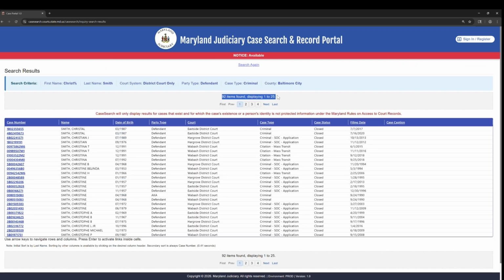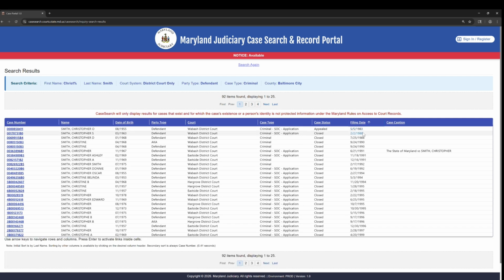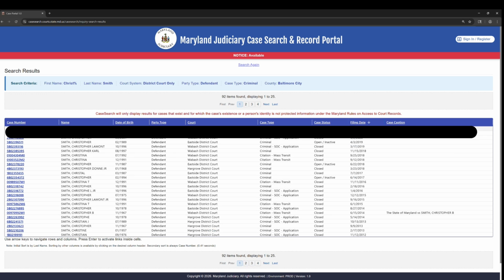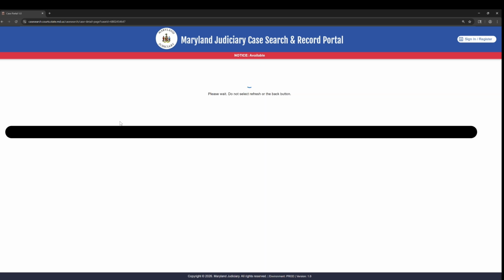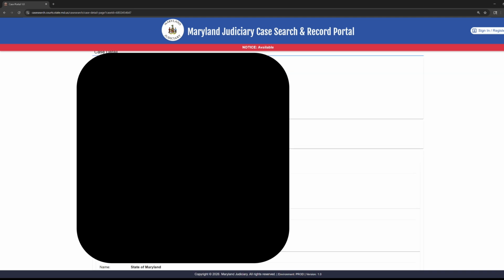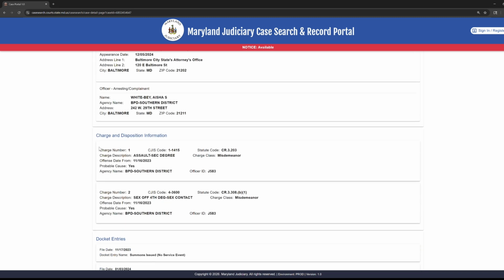We can start sorting by file date, and we'll pick a case here in a second, and that'll be the one that we actually open up the case page on. And I'll just demonstrate to you what a case page looks like. Again, redacting a lot of information here. It's public, but this person might expunge their case, so I don't want to give away anything private about them. And as you can see, some stuff is public, the charge type, and then the docket entries,